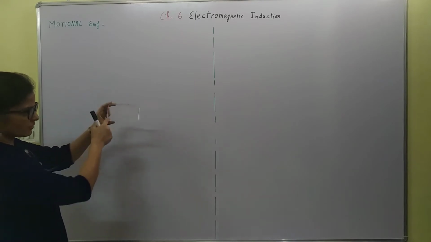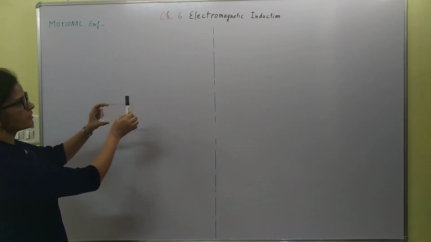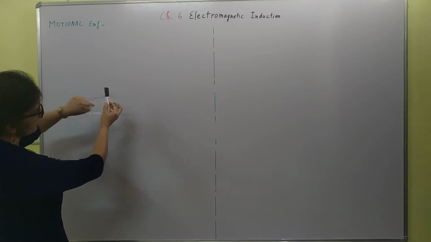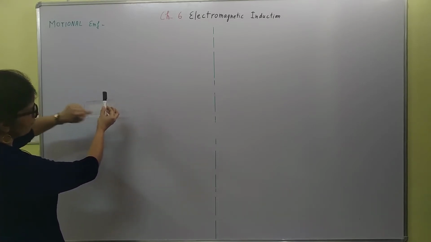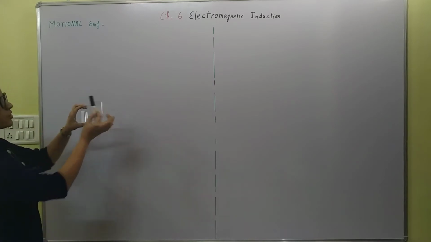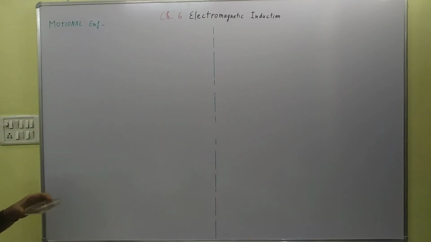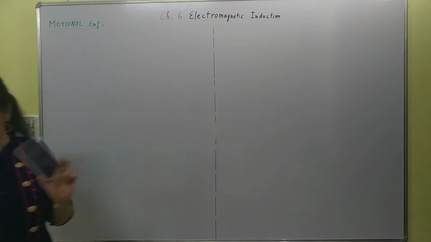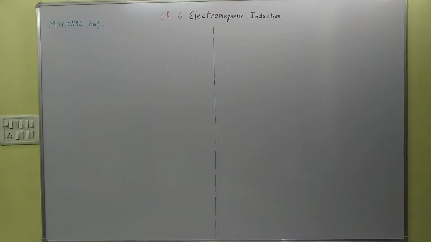So this is your rectangular loop where this is the movable arm which is kept in a magnetic field which is going this way into the plane of the board, right? So this is the value of EMF produced in this conducting arm that we are calculating, right? For that we need to draw the diagram first.